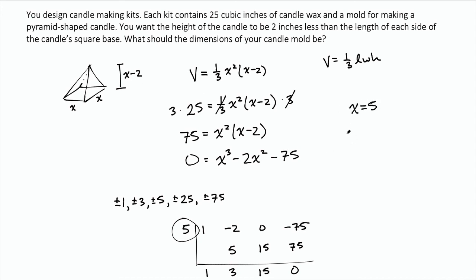Let's write this: length is 5, and the width is 5. And the height, we know that the height of our candle is x minus 2. 5 minus 2 is 3. So these are the dimensions of our